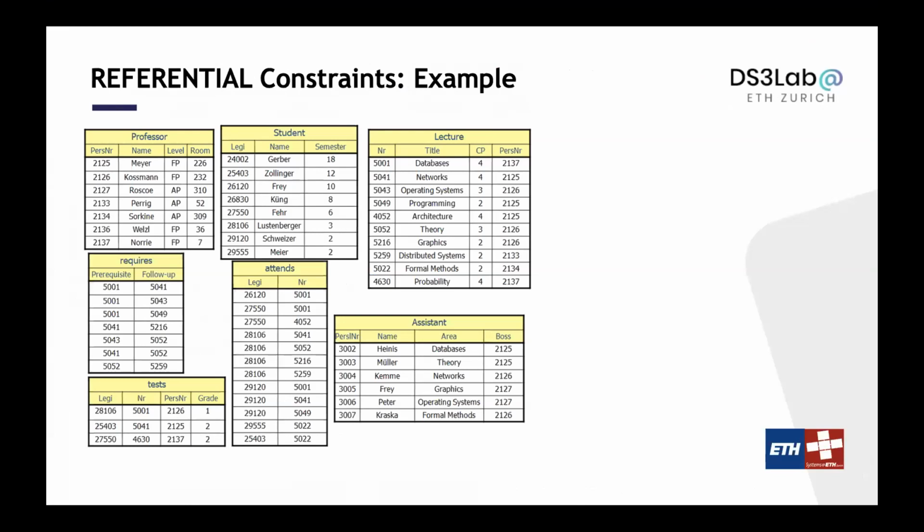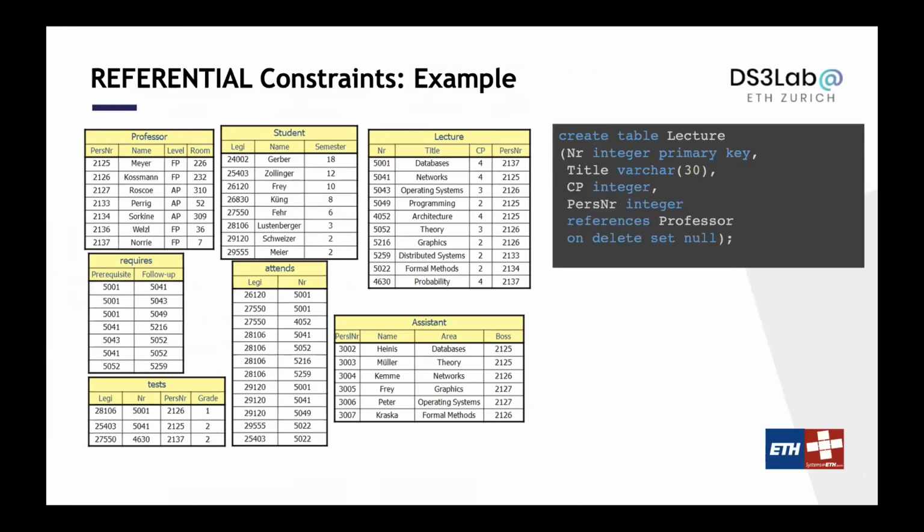Cool, great. So for example, whenever you are defining the lecture table, one thing that could make sense is that the lecture number is the primary key. And you have the professor teaching this lecture, so maybe I want the professor number to be a foreign key, to make sure it's always referring to a professor